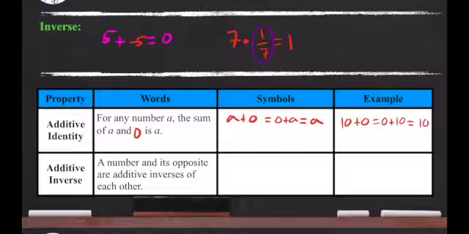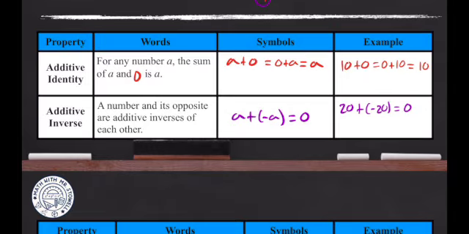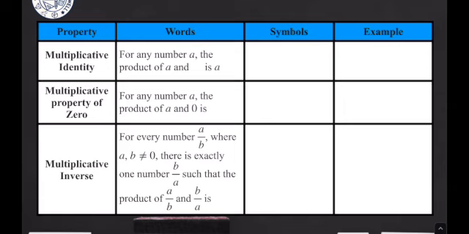Additive inverse. If we want the inverse, this is A plus negative A will give us back to the identity. So you just add the opposite of itself. An example of this, we already did an example, but let's do another one. Let's say we have 20. Let's add on a negative 20, and that's going to equal 0, which is our identity. So that's for addition, and we're just going to look at